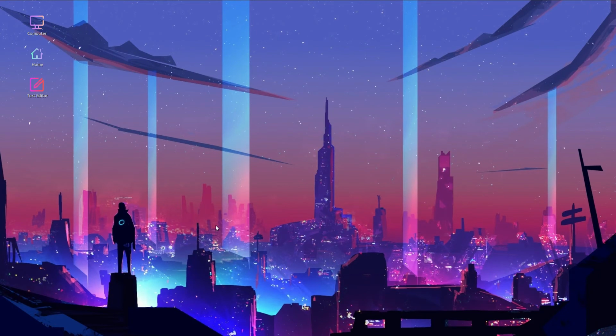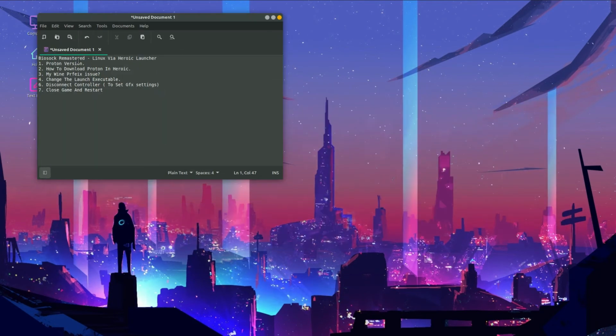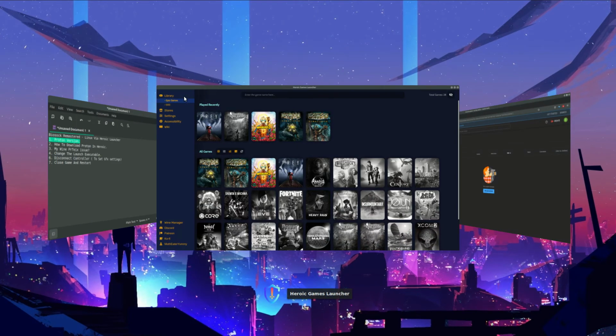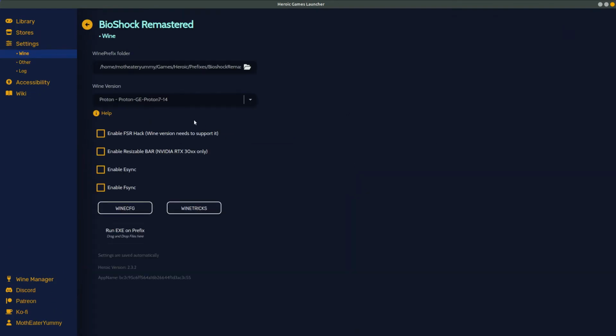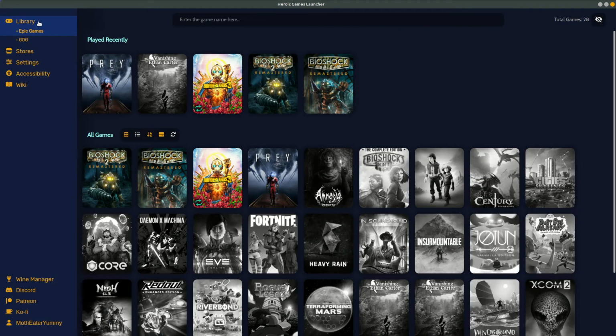First thing, I made some notes for myself. What to talk to you about. So the Proton version. So let's sort out the Proton version. So I use Proton 7-14. Now, if you need to download that and you don't sort of know how, go back to the library